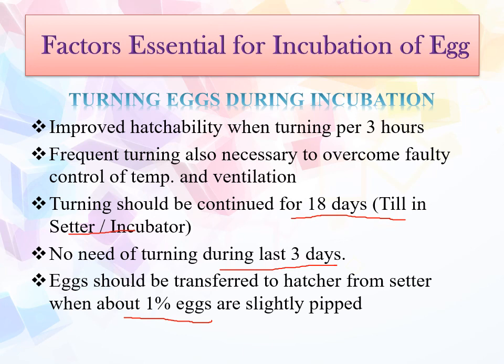First, the eggs are stored for 12 to 24 hours in the egg storage room. Then after fumigation, they are put into the incubator for the first 18 days. Then on the 19th day, candling is done, and on the same day, they are put in the hatcher for 3 days. It means for the 19th day, 20th day, and 21st day, they are put into the hatcher. And in the hatcher, when the 3 days are completed, or overall the 21 days of incubation period is completed, the chick will be born, and this chick is then transferred from the hatcher to the chick room of the hatchery, where the vaccination is given, and then they are transported to broiler or layer farms at field level.